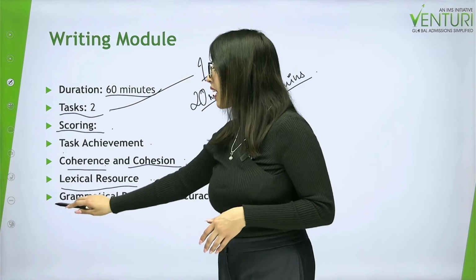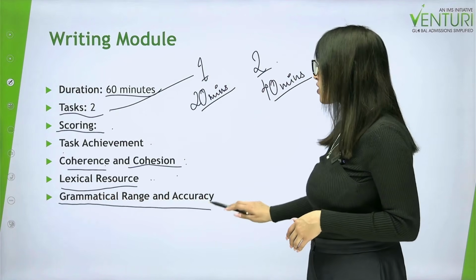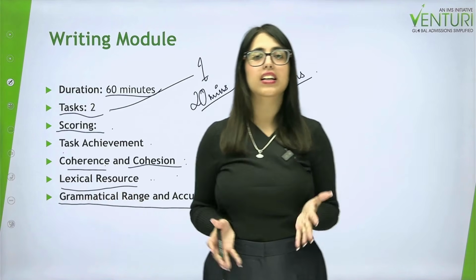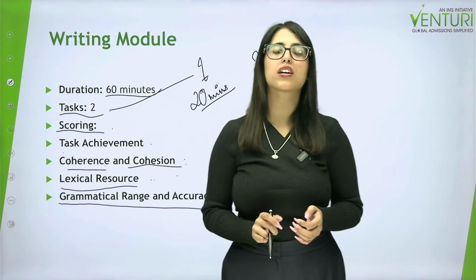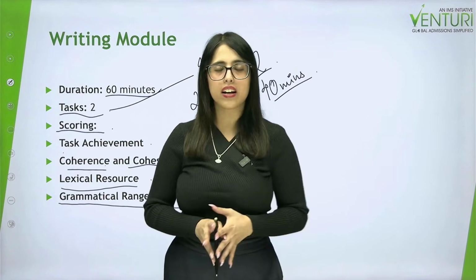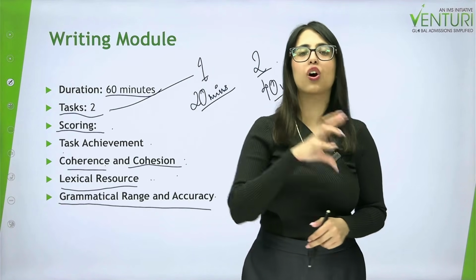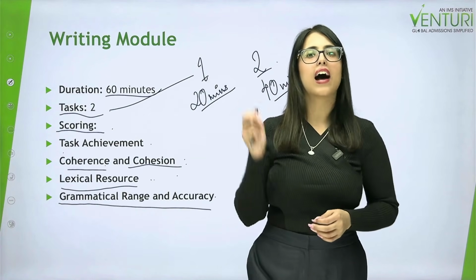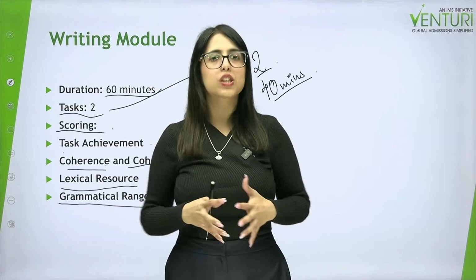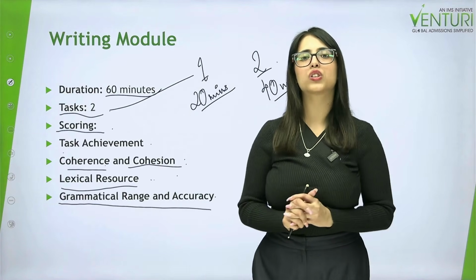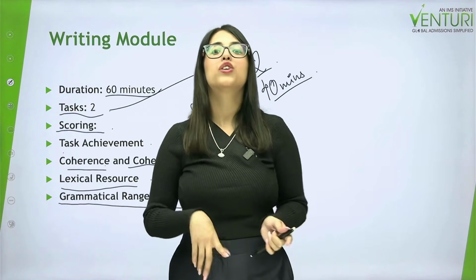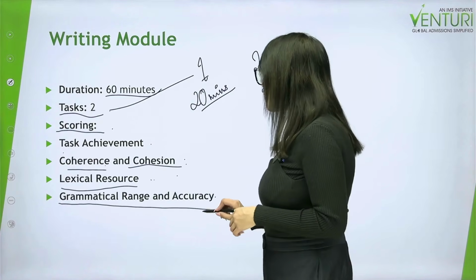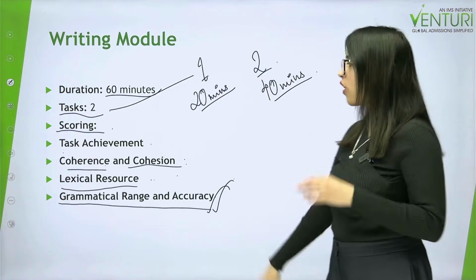The fourth one on the line is grammatical range and accuracy. So this one is very easy. Here they are trying to test your grammatical configuration skills. How good are you with the grammatical understanding of English, and how well do you express yourself in grammatical terms. Alright, so errors should be as low as possible, and make sure that you also have a good understanding and usage of punctuation whenever you are writing. Alright, so if you do that, you are going to be scoring well on this one.